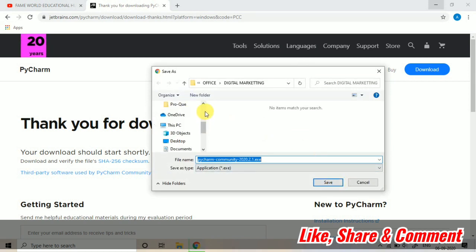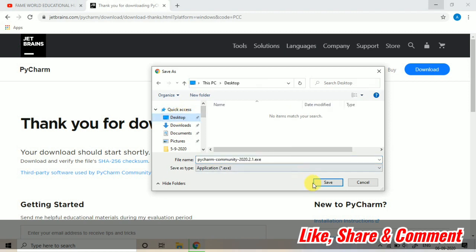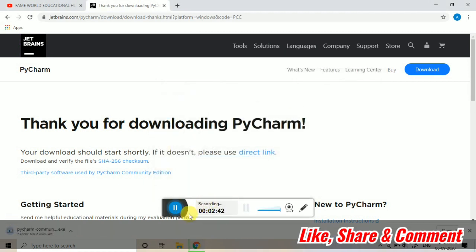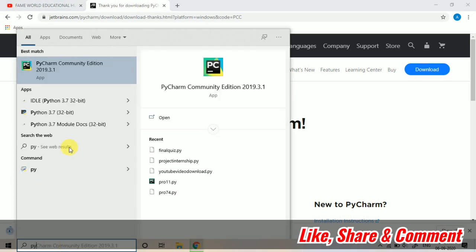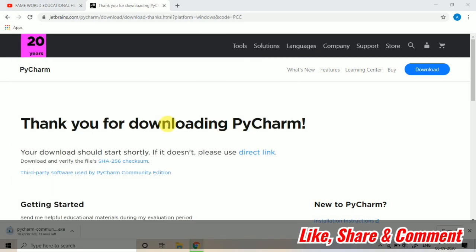So you can see it's asking for a download. I already have PyCharm installed into my system, and that is one old version. See, this one is the newest, so it's 292 MB, and accordingly it will take that much time to be downloaded. Right now I am having PyCharm 19.3.1, but we can use any version, it does not make a difference.